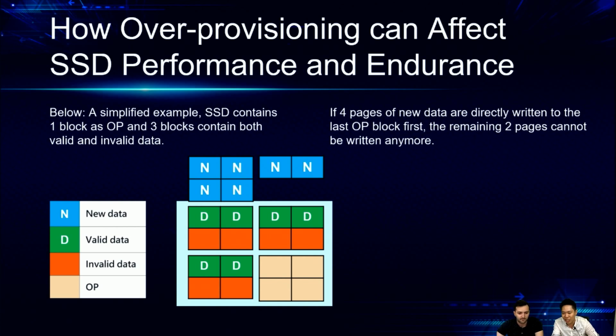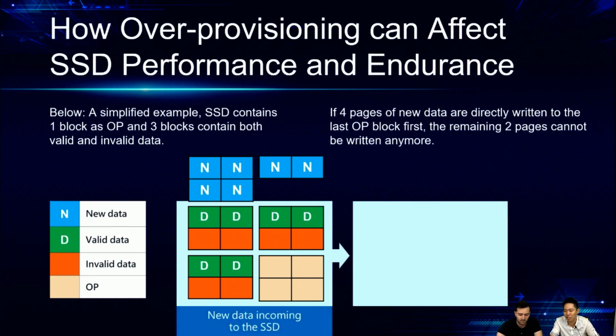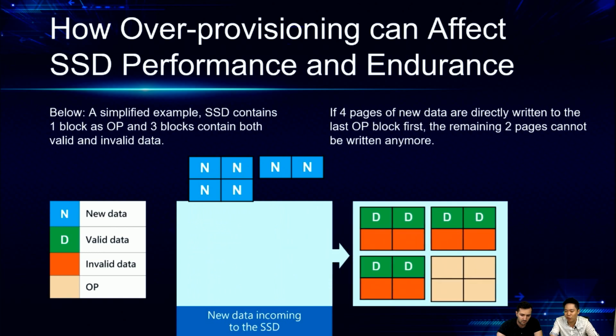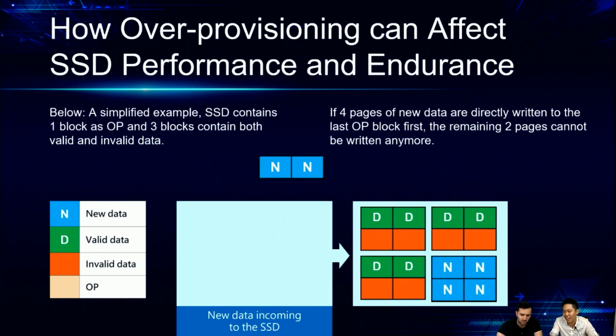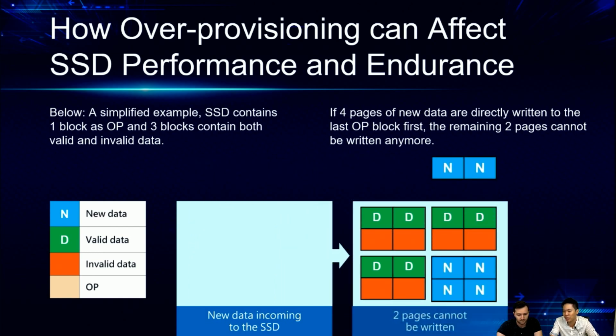Okay, you can see here is a simplified SSD block that has different pages inside. If I want to write 6 new pieces of data, let's see what happens. It has some reserved space, and when you want to write the data, you can write it into the reserved space, but the remaining space cannot be written. The reason is that, compared to an HDD, where you just erase and overwrite the existing data,